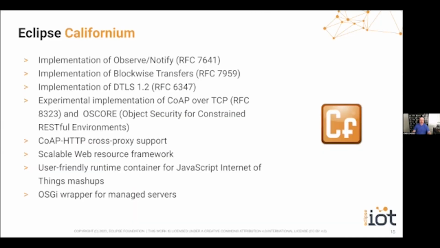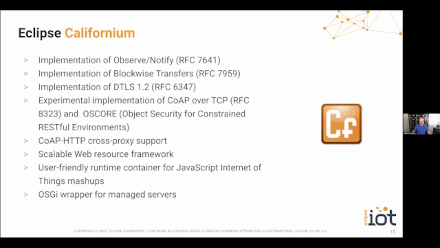So Eclipse Californium is our implementation of CoAP, and it's really, really complete in terms of the feature set. It implements even some experimental implementations for CoAP over TCP and the object security for constrained RESTful environments and things like that. So really a well-maintained project, very much alive, and certainly well worth your attention if you're looking into